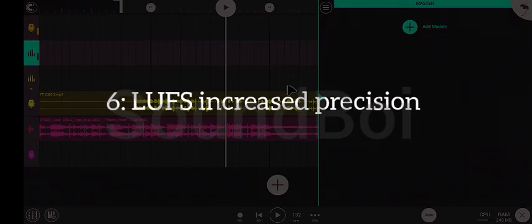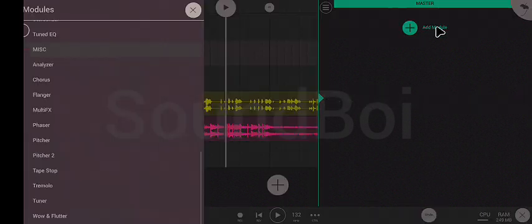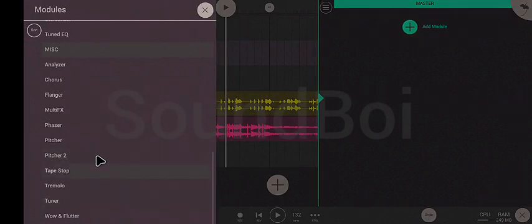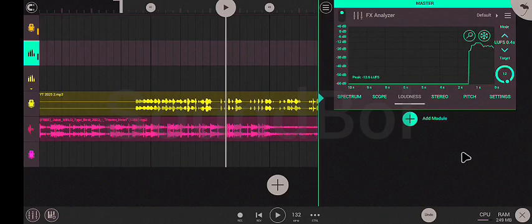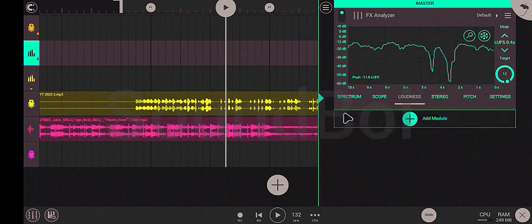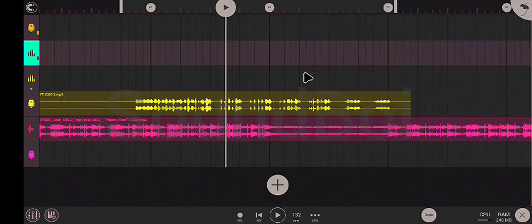Alright, so according to what FL Studio Mobile is saying, the analyzer has more precision right now with the LUFS. So the analyzer right here, they say the LUFS now has more precision, right? We're going to test that out because there's a new video coming out on mastering and uploading your audio to streaming platforms, so that is very necessary, right? Last but not the least,